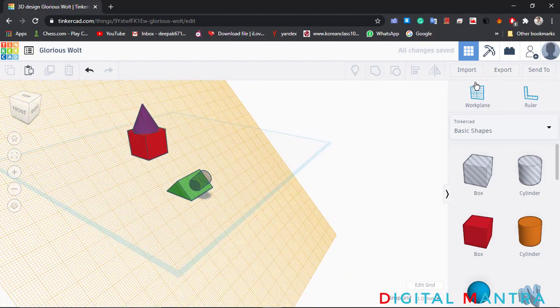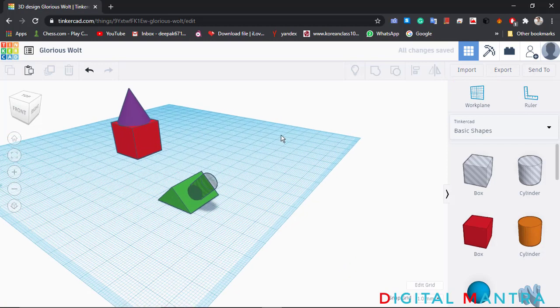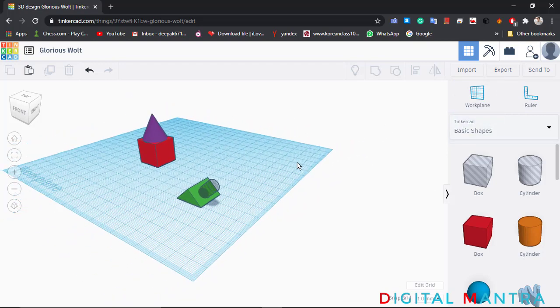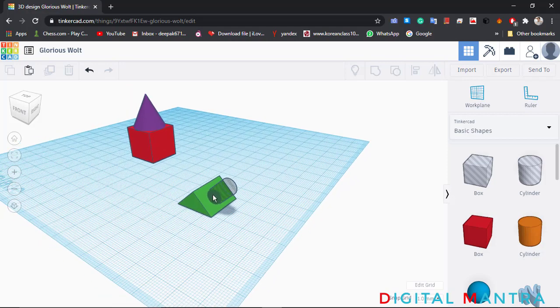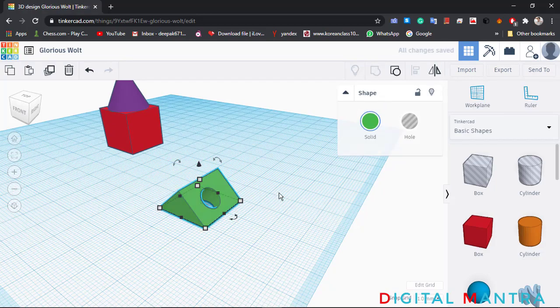Now click on work plane and once again select the default work plane. Let me tell you once again, if you want to get back to the default work plane, just click on work plane and then select anything on the bottom plane, and you will be ready with your default plane. Now just select both of them and click on align. Now you can see you have this type of structure.